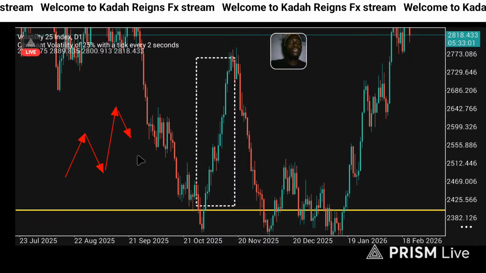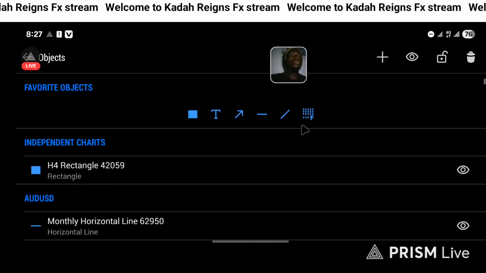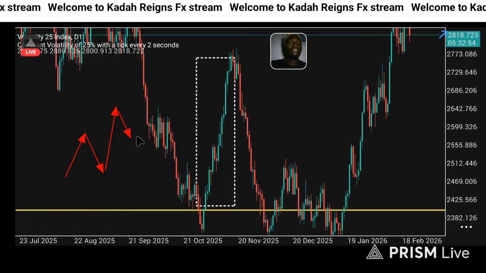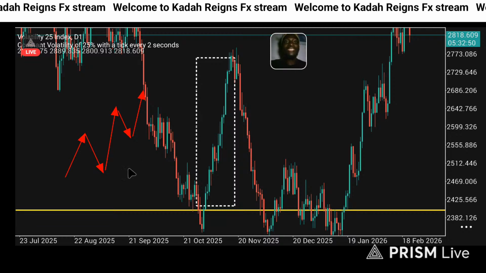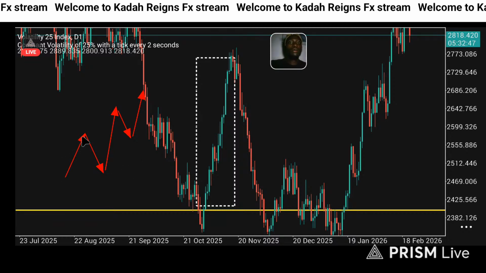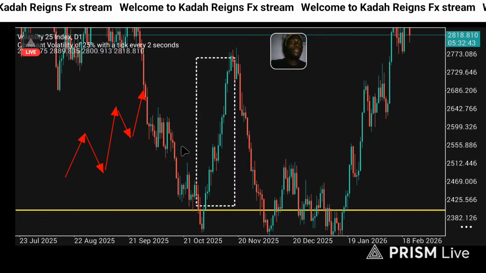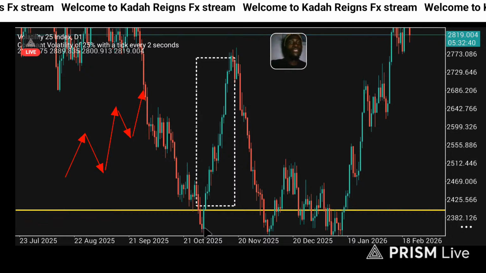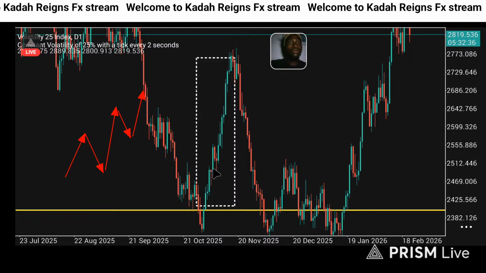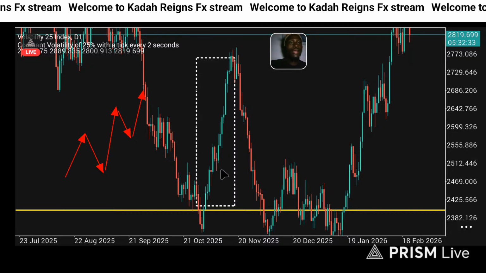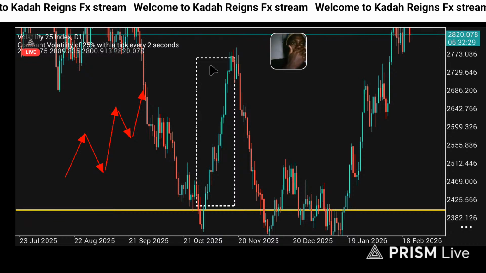Something like this. Then it comes back up again to make a new high. Okay, something like this, right? So this is an example of a bullish market. Price makes a new high, a higher low, a high, a higher low, a high. So this is what is happening here. You see, price was here, it makes a new high, it comes down to make a new higher low, a new high, right? So that is an example of a bullish market.